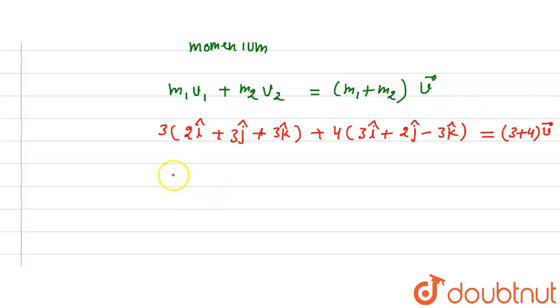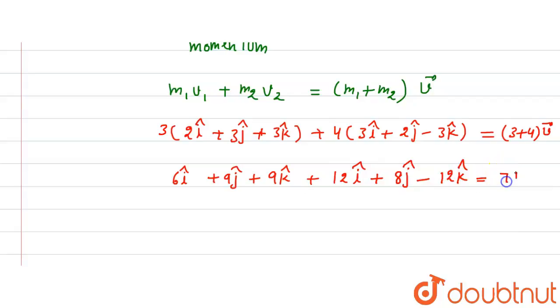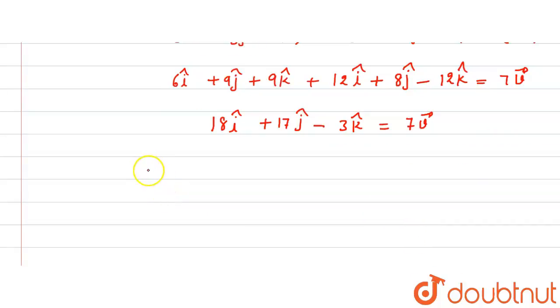So after calculating it will come 6 i cap plus 9 j cap plus 9 k cap plus 12 i cap plus 8 j cap minus 12 k cap equal to 7v. Now after calculating, it is equal to 18 i cap plus 17 j cap minus 3 k cap equal to 7v, and this velocity will come